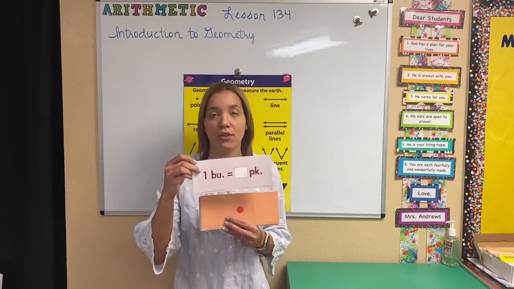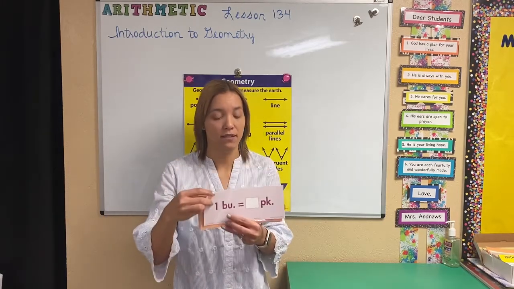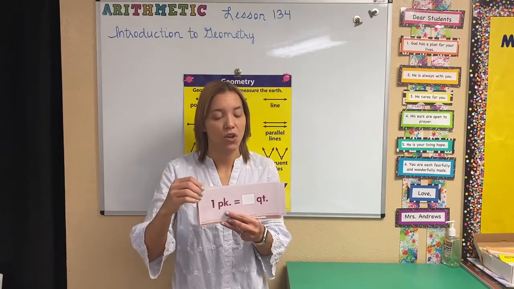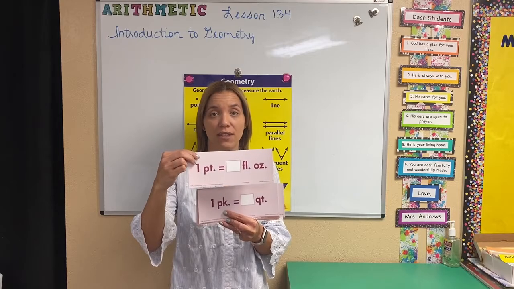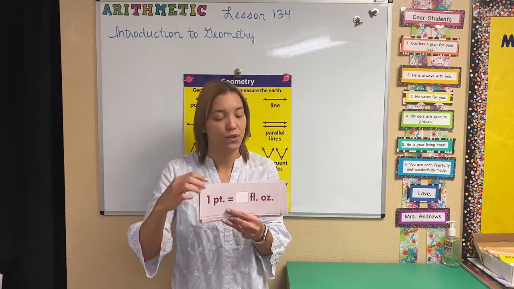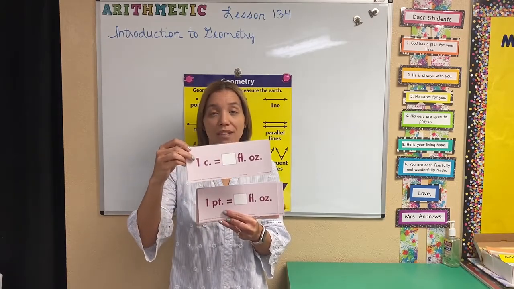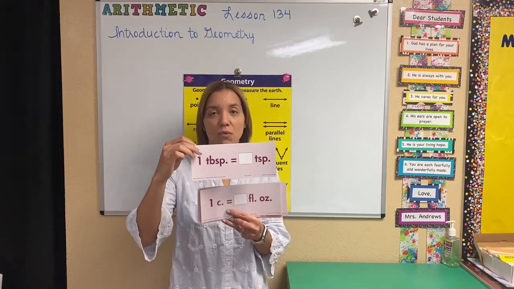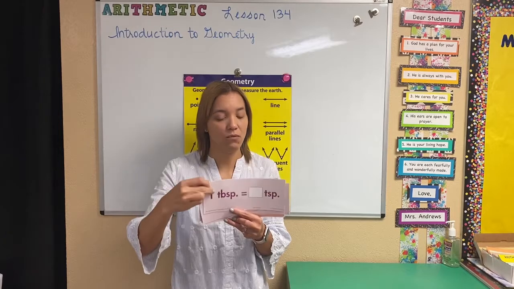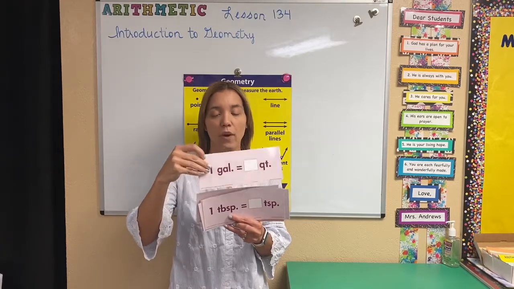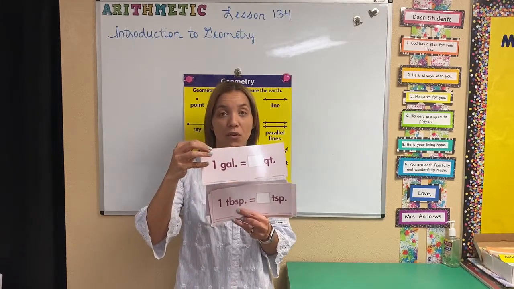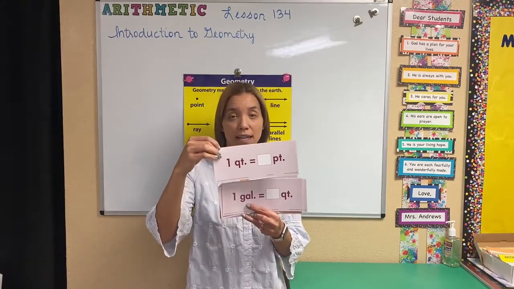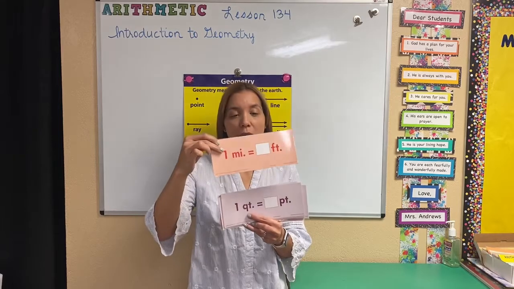So 1 bushel equals 4 pegs, 1 peg equals 8 quarts, 1 pint equals 16 fluid ounces, 1 cup equals 8 fluid ounces. 1 tablespoon equals 3 teaspoons. 1 gallon equals 4 quarts. 1 quart equals 2 pints. 1 mile equals